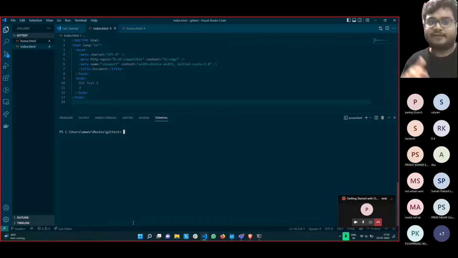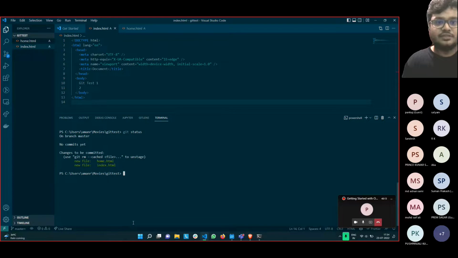We are not done yet. We have to make a commit. So if I do git status, you could see something simple like changes to be committed. Okay, so how to commit? You do something simple: git commit